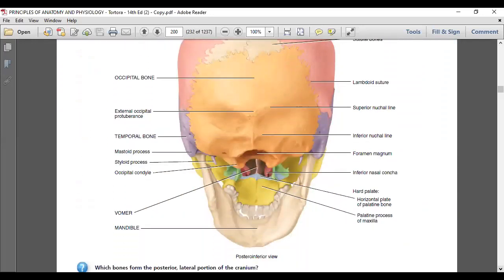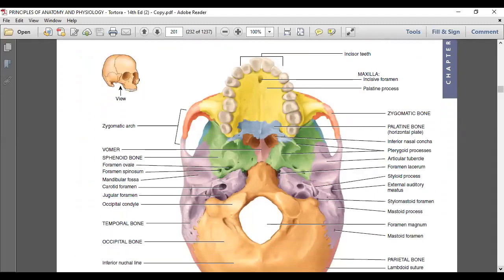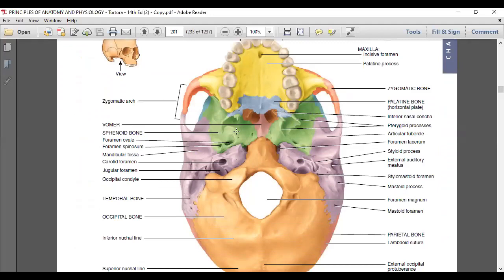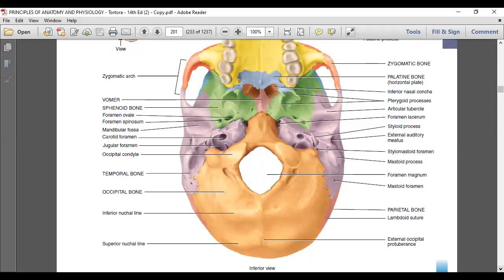Here it is. I have to show the occipital condyles for you. These two occipital condyles are going to fix with the facets of the atlas, the first vertebra, atlas. Okay, so I have shown all this to you. Let me say again, this green one is the sphenoid bone, which is called the keystone bone. And you can see the condyles clearly here. Two condyles. We call that a dicondylic skull.